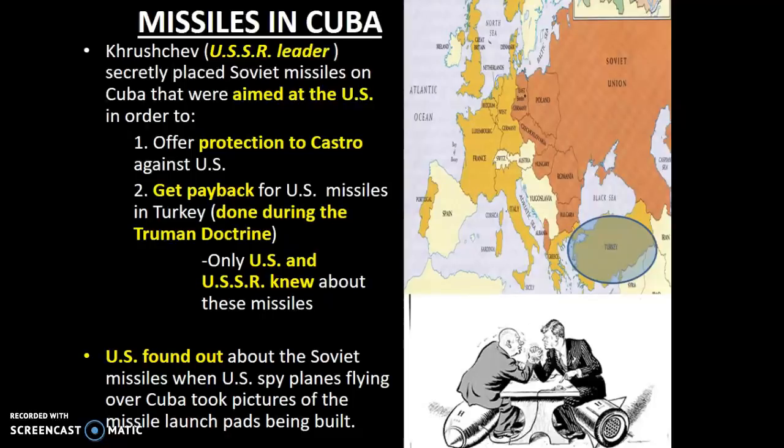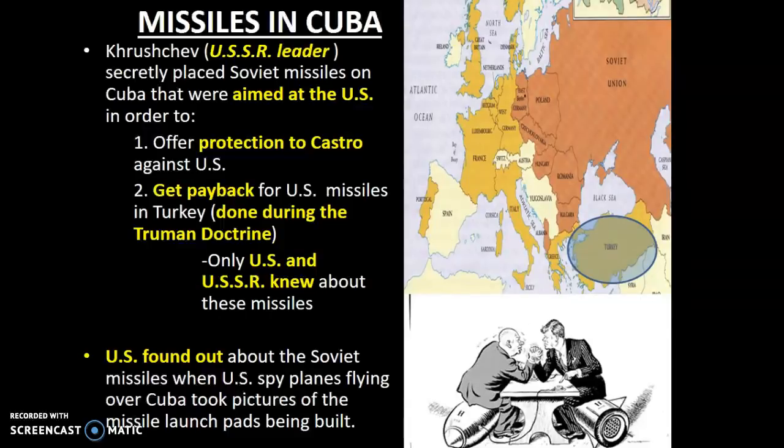Now, how does the U.S. find out about these Soviet atomic missiles in Cuba? Well, we find out because we were actually spying on the Cubans. We had been flying many different spy planes over Cuba after the Bay of Pigs invasion. We were flying these spy planes because, since the Bay of Pigs invasion had failed, we knew that Fidel Castro and Nikita Khrushchev from the USSR were probably planning something